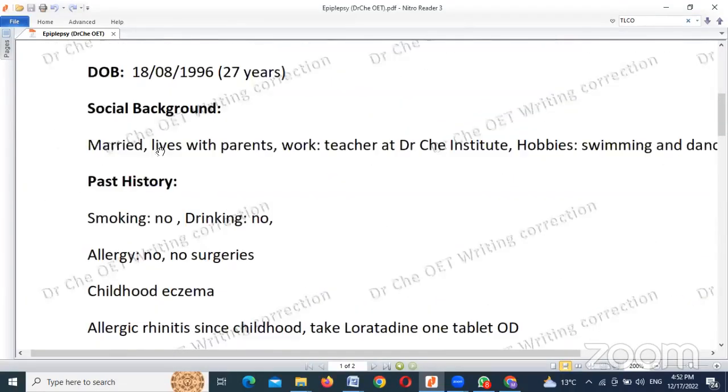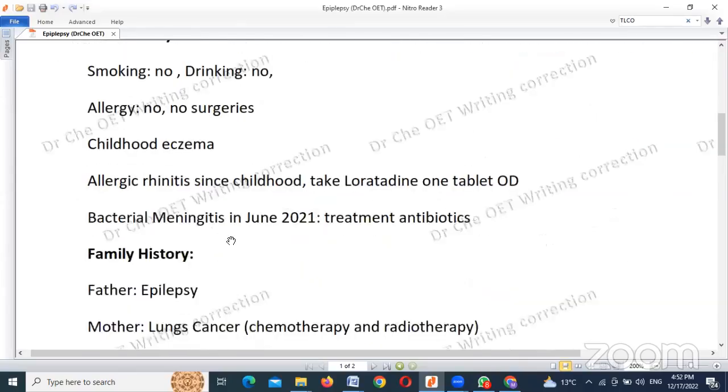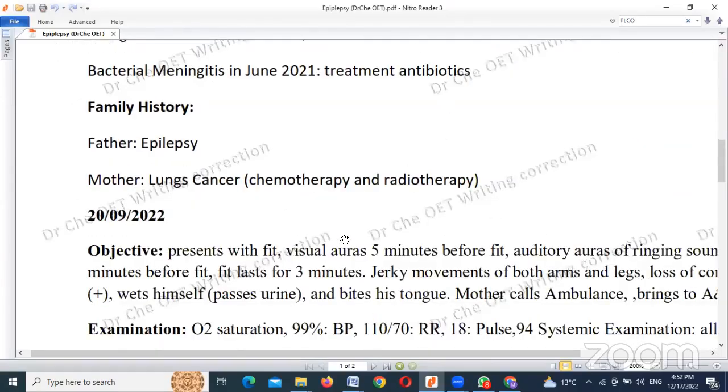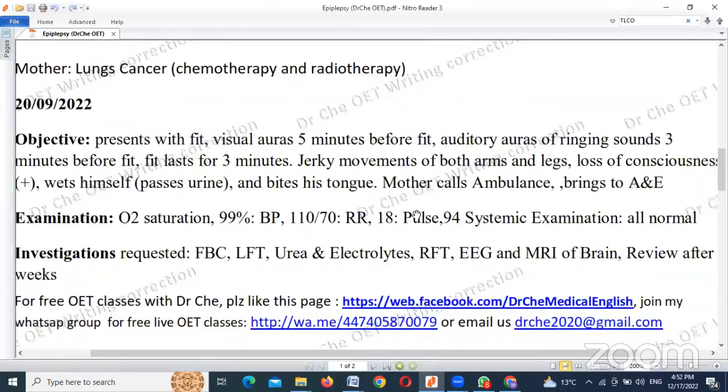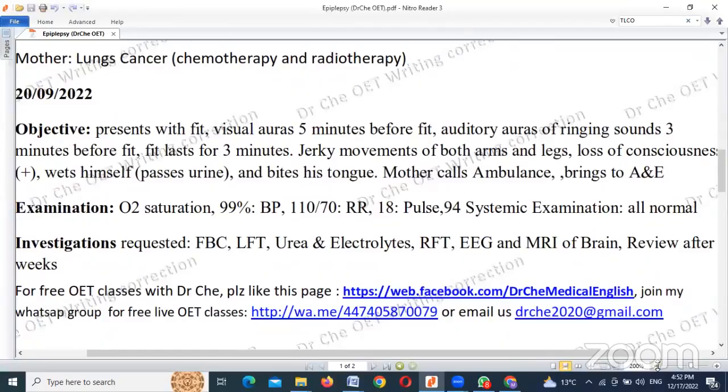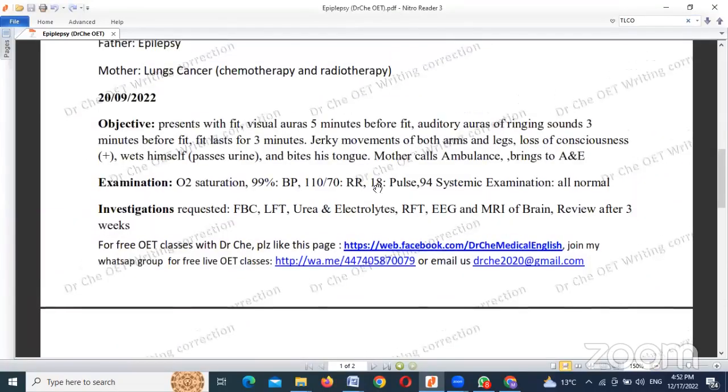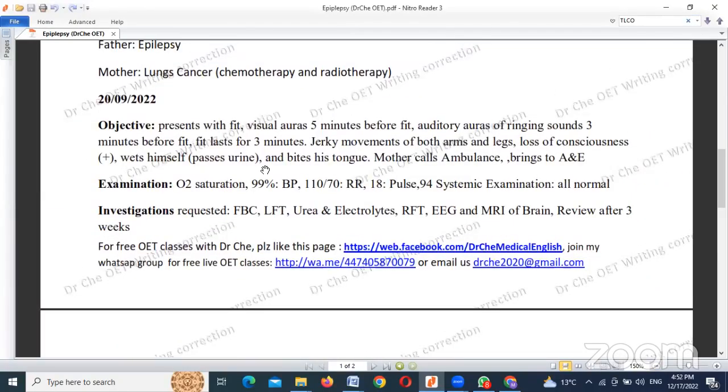So we don't need to write anything from social background, past history, family history. These things are not important. Okay, so now let us move to the first visit. If you write each and everything in this visit, your letter would be long, would not be concise. And if you see here, this fit